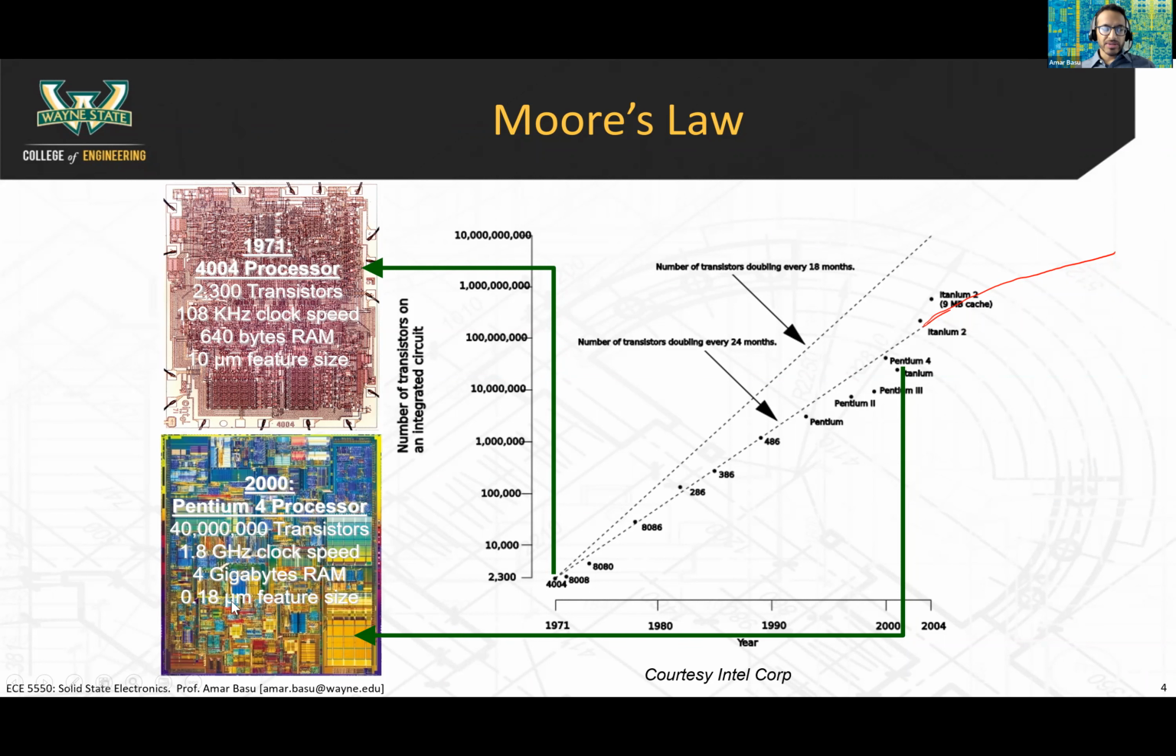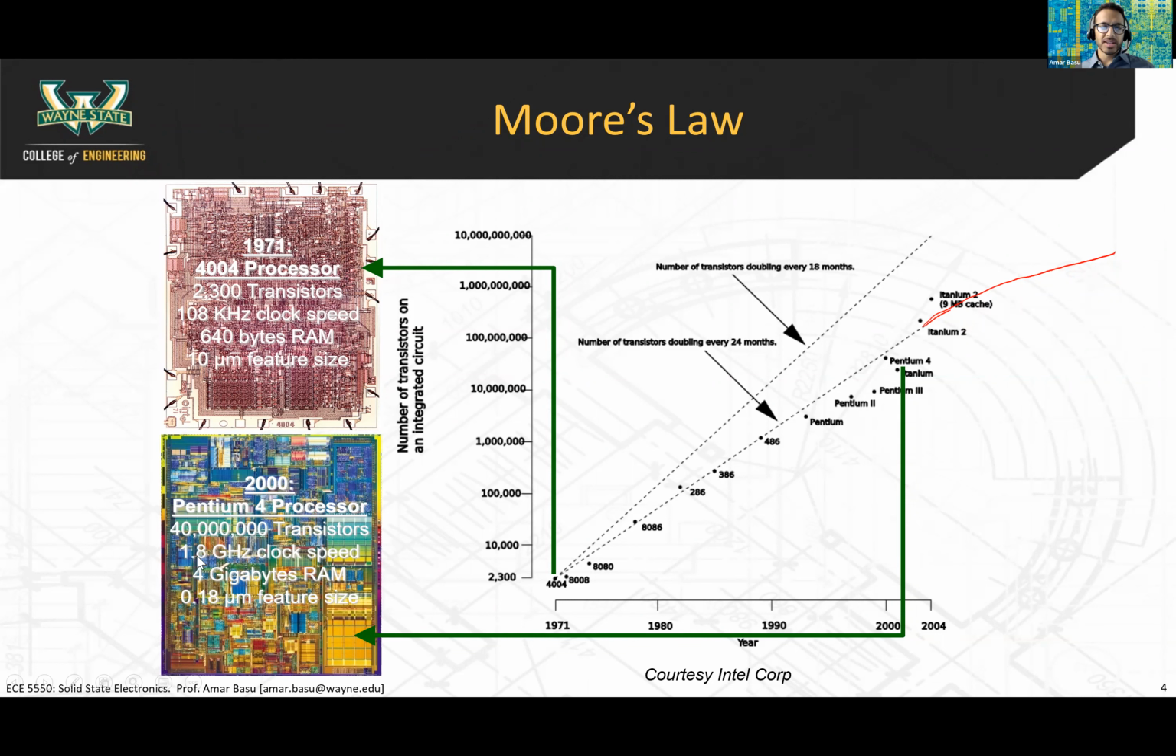By the 2000s, there were already 40 million transistors on a chip. The Pentium 4 processor was 40 million transistors operating at 1.8 gigahertz clock speed. So we went from hundreds of kilohertz, which is 10 to the power of 5, to 1.8 gigahertz, which is 10 to the power of 9. Okay, 4 orders of magnitude